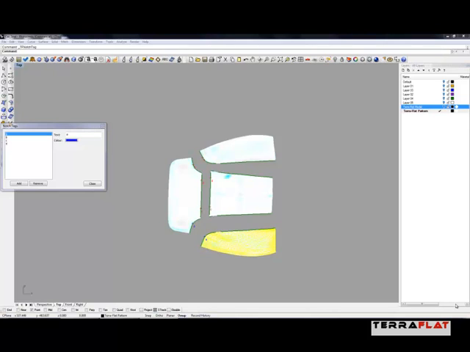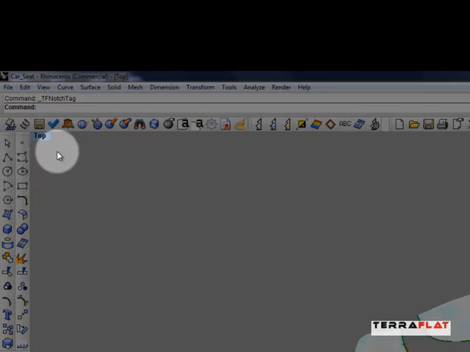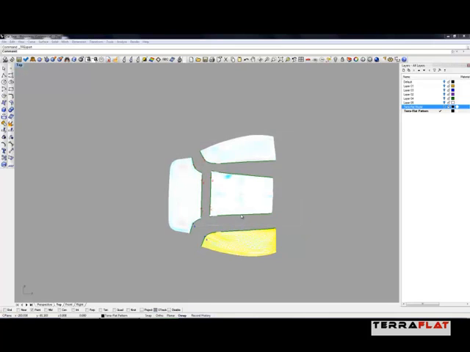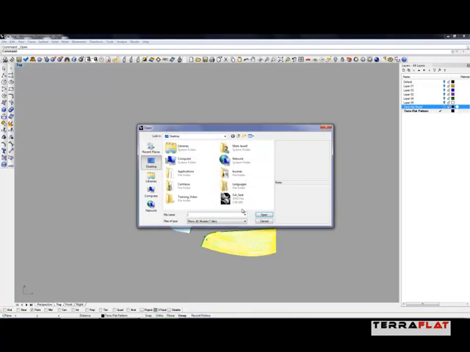Once we've added our notching information to the file, the last step is to export it as a DXF for our plotter or our cutter. So what I'll do now is simply close our dialog box for the notches, and I'll go up to this tool here, which is Export Flattened Pieces to DXF. Click on this, and we've selected DXF file, and we're going to basically create the seat from this, and let's open the file up and see what we have. So we go into DXF and go to our seat file,